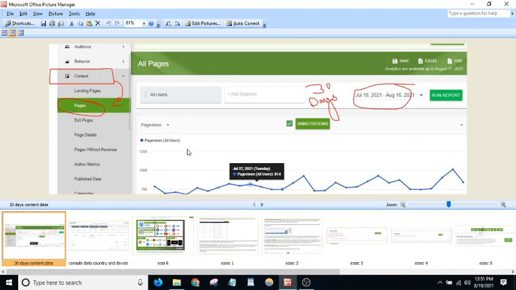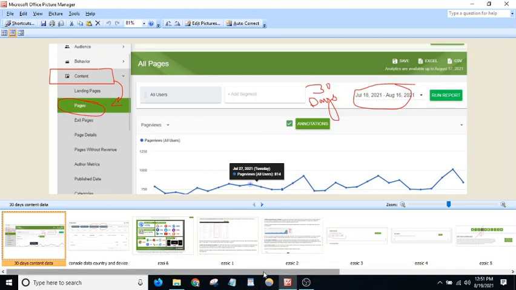It will show you all the pages. You then need to filter it and choose 30 days data, and run a report. You need to run the report many times here to refresh it. After selecting 30 days, you need to run the report.